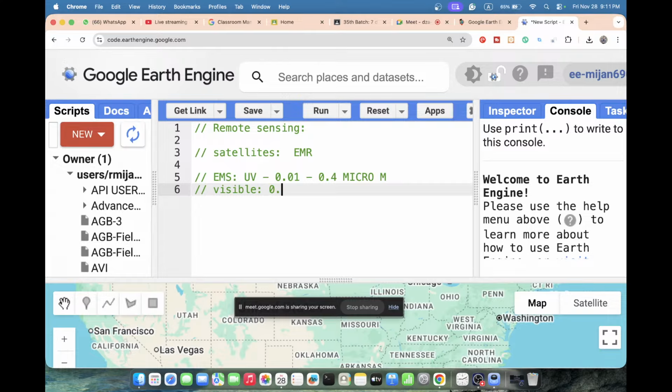range, which is 0.4 to 0.7 micrometer. Then NIR, near infrared, which is 0.7 to 1.3 micrometer. Then another, called SWIR, short wave infrared, 1.3 to 3 micrometer. And then thermal, TIR, thermal infrared, 3 to